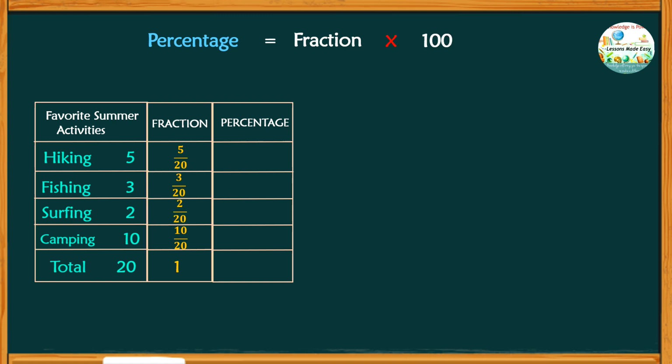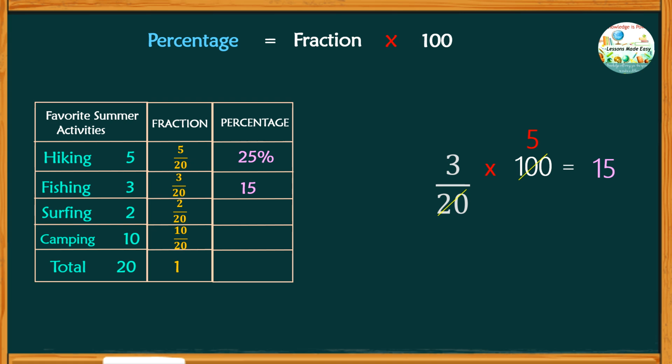Let's start with hiking, with a fraction of 5 over 20 times 100. We can do cross cancellation by dividing 100 by 20, where we get 5. Now we have 5 times 5, where we get a product of 25 or 25%. Do the same with the next. For fishing, we got 3 over 20. We don't need to do much, just change the numerator to 3, then multiply by 5, where we get 15